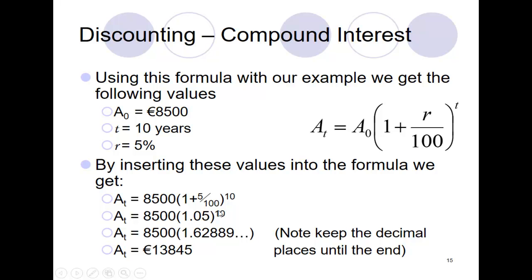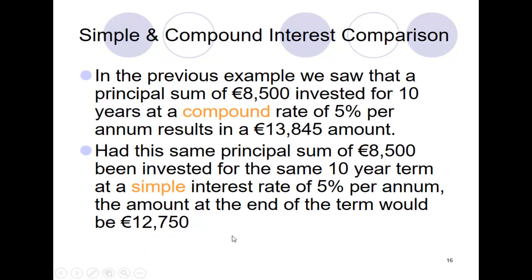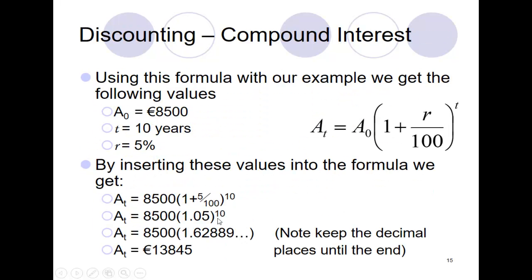So now we're going to do this bit on our calculator. So 1.05 to the power of 10 gives you this. And then once you've calculated this, keep the full details on your calculator, multiply it by 8,500, and you get